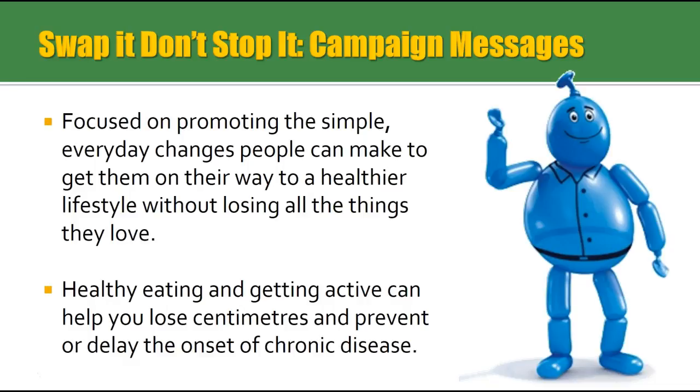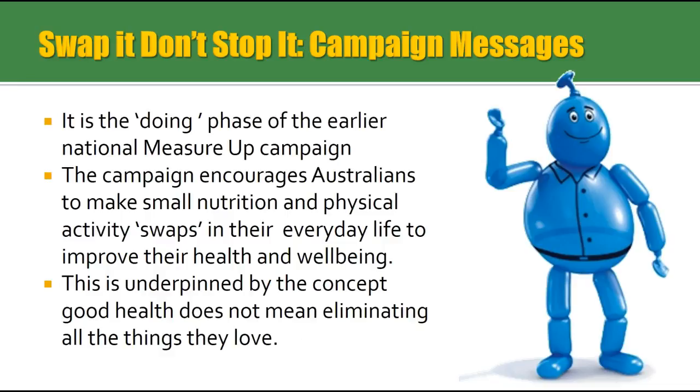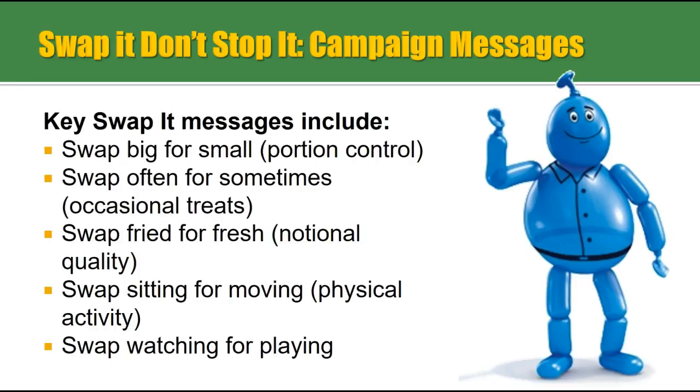So then the other one is your Swap It, Don't Stop It, and this is based on getting people to swap simple everyday changes to their lifestyle for healthier options. So some could be swapping big for small, so it's about your portion control. So perhaps rather than having a dinner plate, having an entree size plate